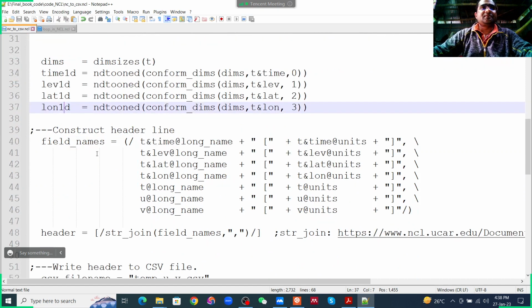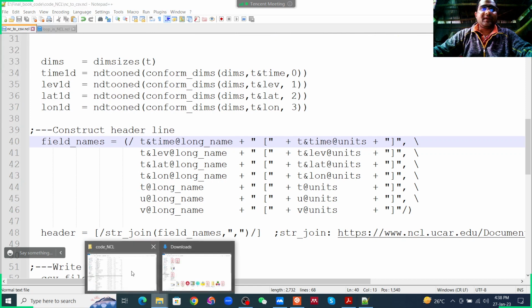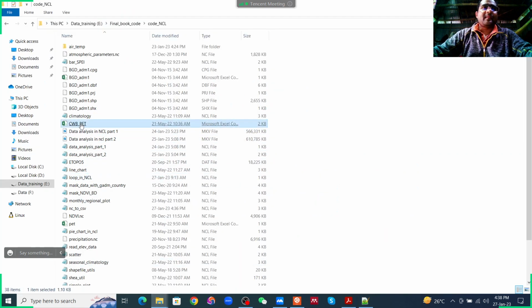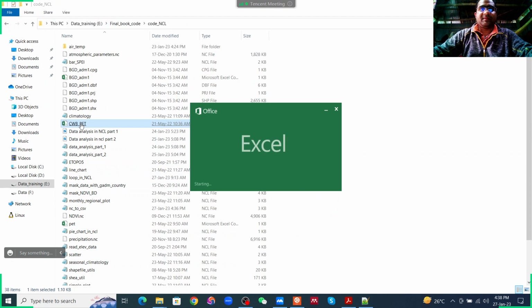But we need to construct a header line. What does it mean, the header line? Header line means if you open a CSV file, any CSV file,